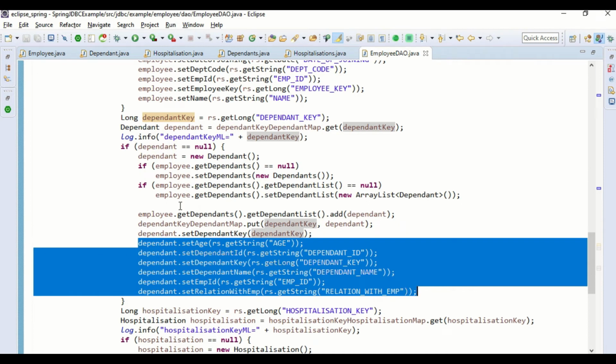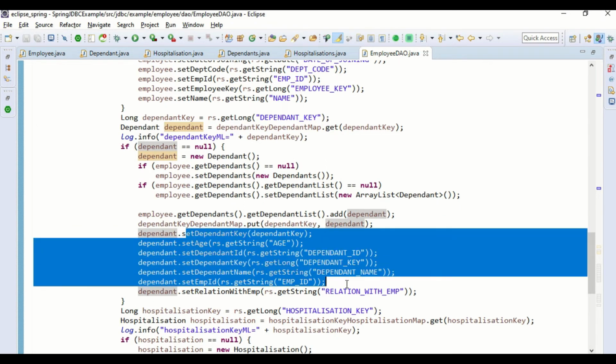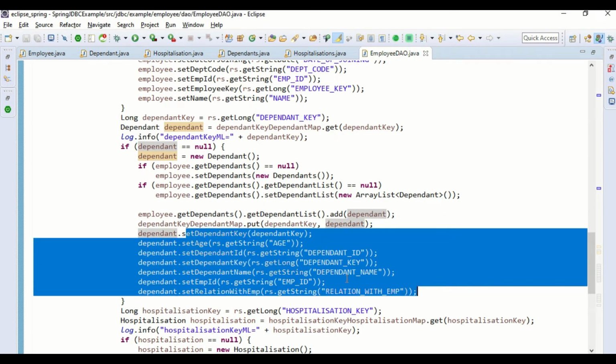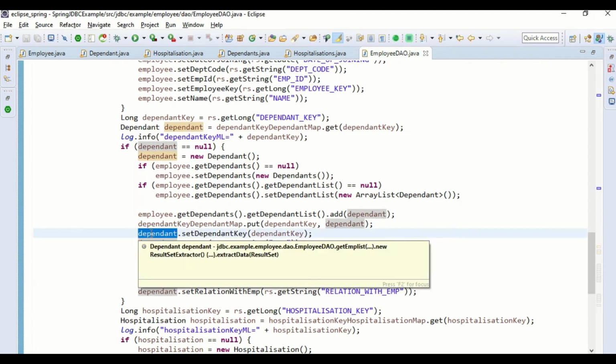From the employee, we take get dependents. Inside it, there is a dependent list, and on that list I need to add the dependent. So here, I am creating a dependent object, setting all the values from the result set, and then I have to associate this dependent object with the employee.